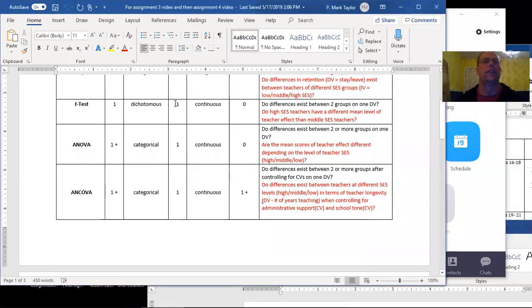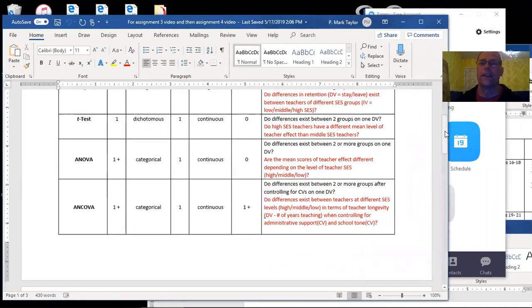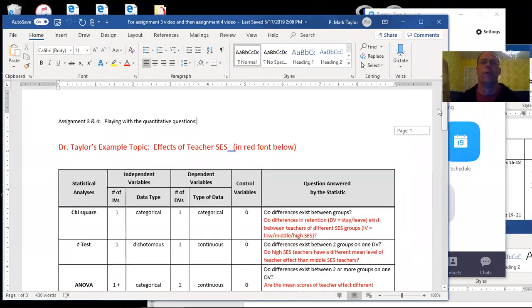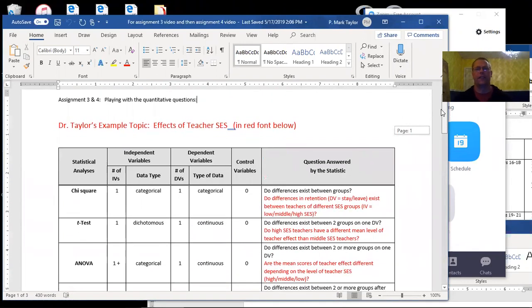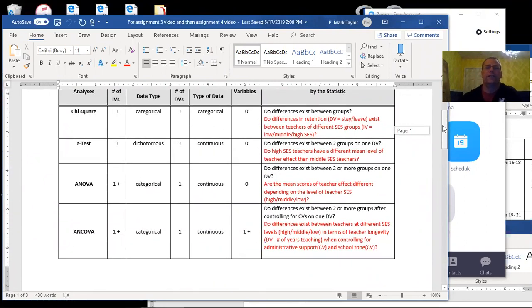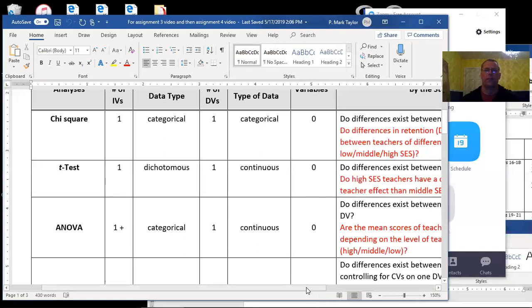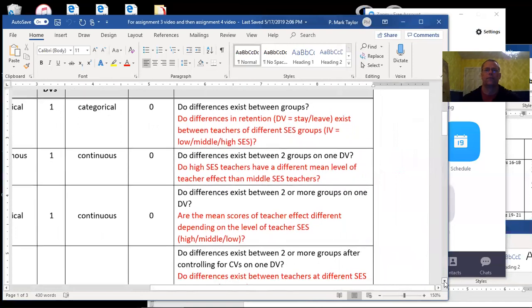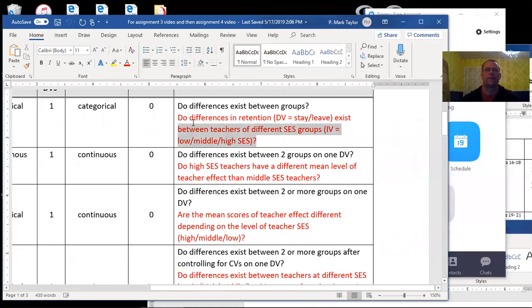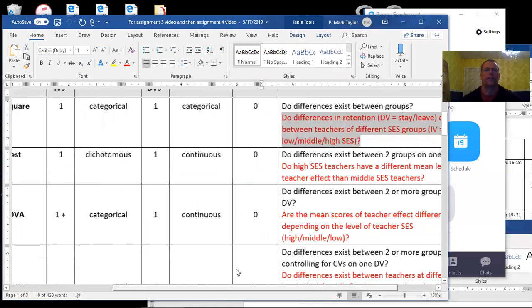So on my screen right now, you should see the same things that I had posted for assignments 3 and 4. So we're following up with the next step, and in this case, we're going to take these questions and turn them into hypotheses. So if I take this first question in red, which was, let's say, the chi-square question,